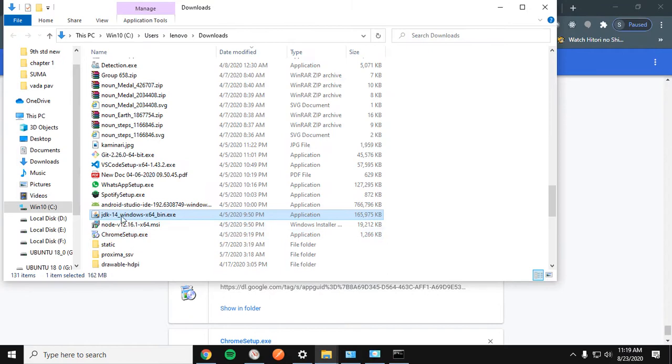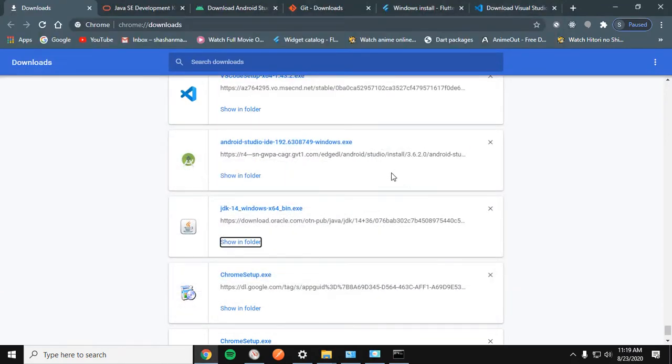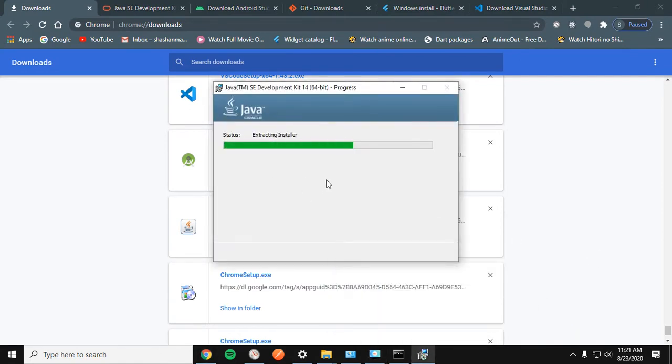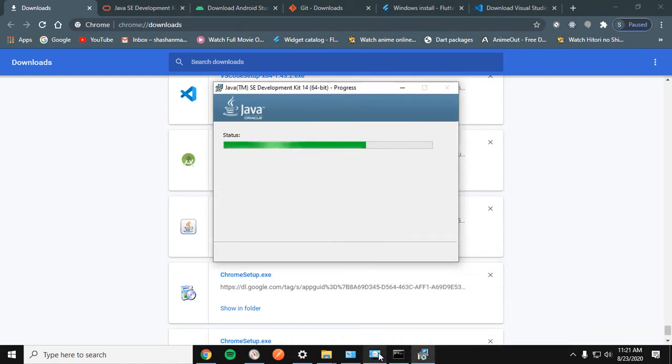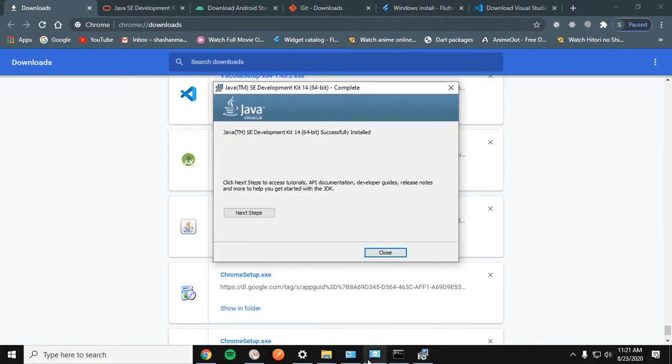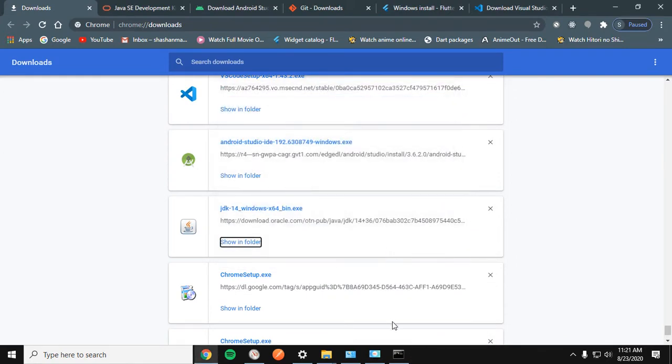So I have this, it's JDK 14. It has successfully installed. Then we can close, and if you go to CMD and type java version,